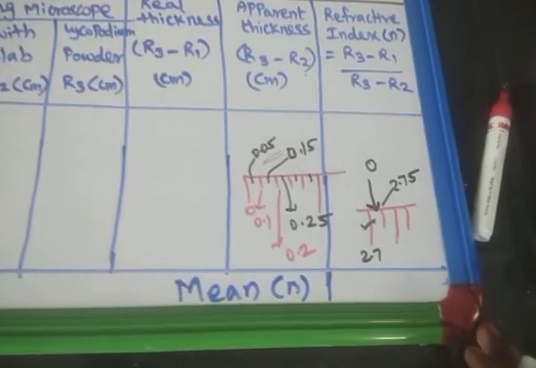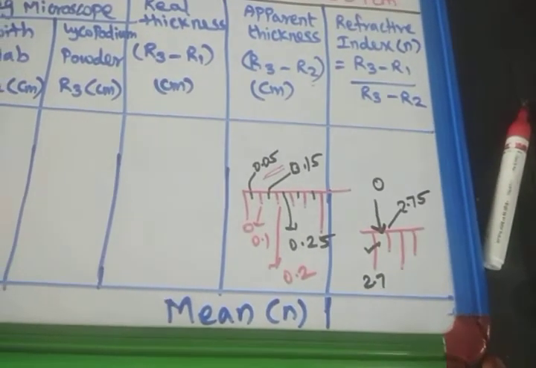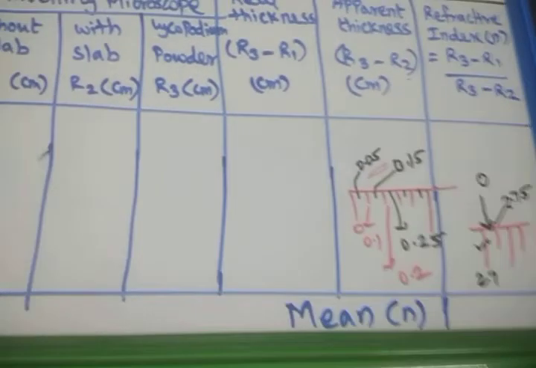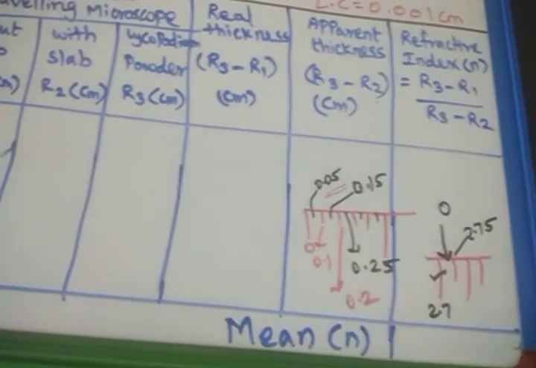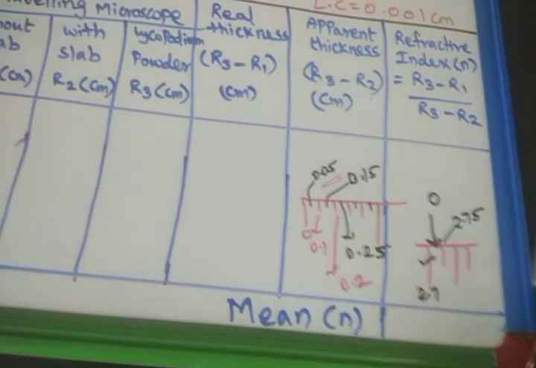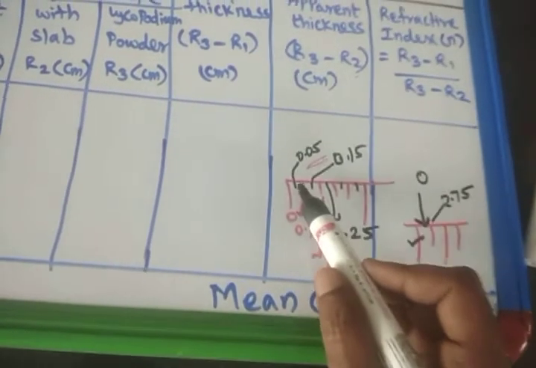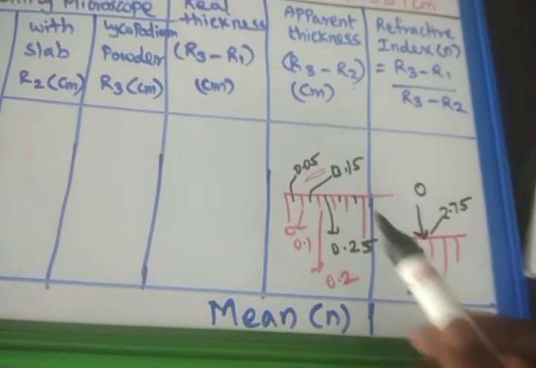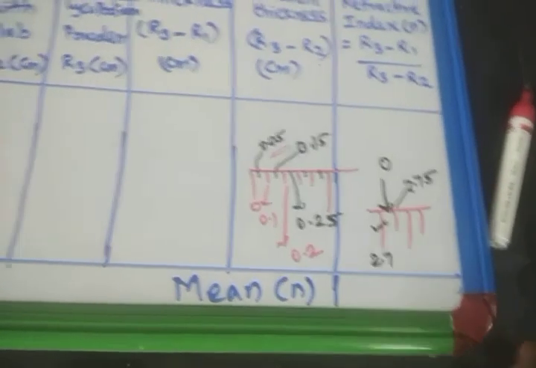The reading taking is similar to the vernier caliper. Recall how the vernier caliper reading is taken. I will send how to take the vernier caliper reading again in our group in Google Classroom in order to understand how to take the reading. The vernier caliper reading does not have this 0.05 division at all. So if you understand the vernier caliper reading taking, that will be similar to this one.